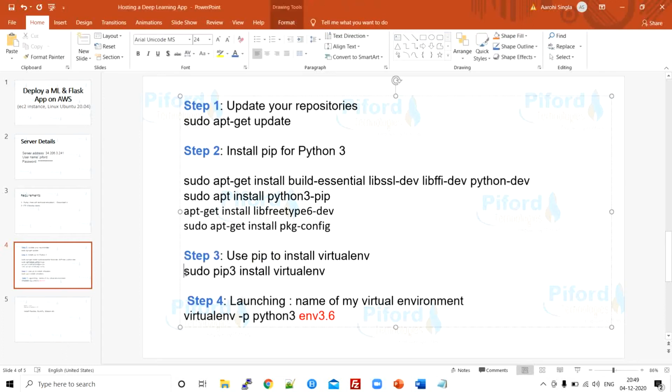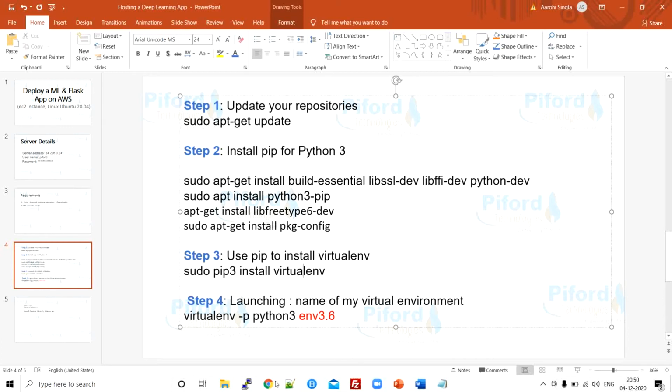By writing this command, basically I'm installing the virtualenv package, right? Once you install the virtualenv package, then using this package we can create our virtual environment, right? So over here we are installing the virtualenv package, and in this line we are creating a virtual environment, and my virtual environment is stored in env 3.6.